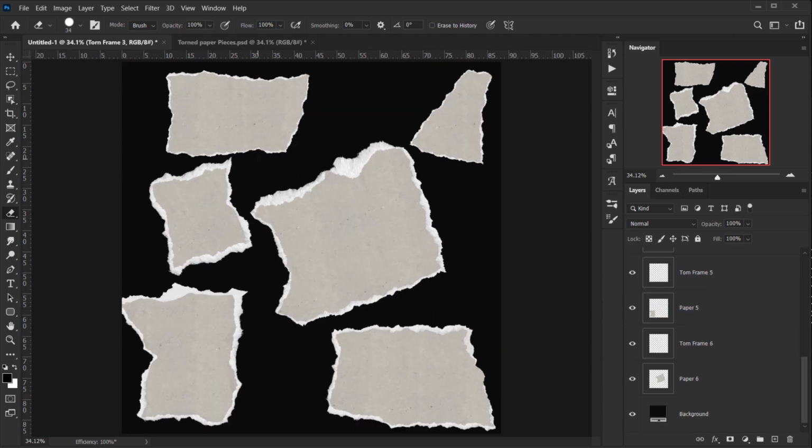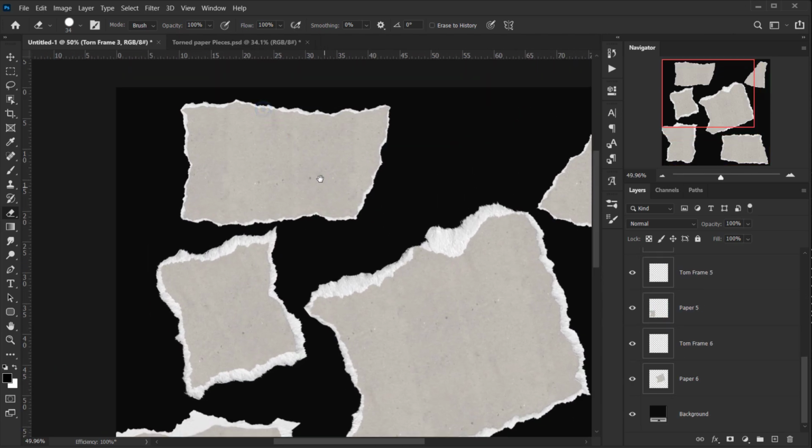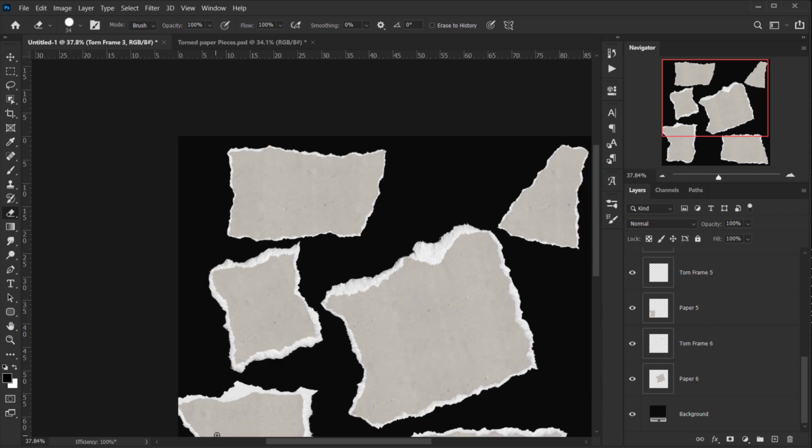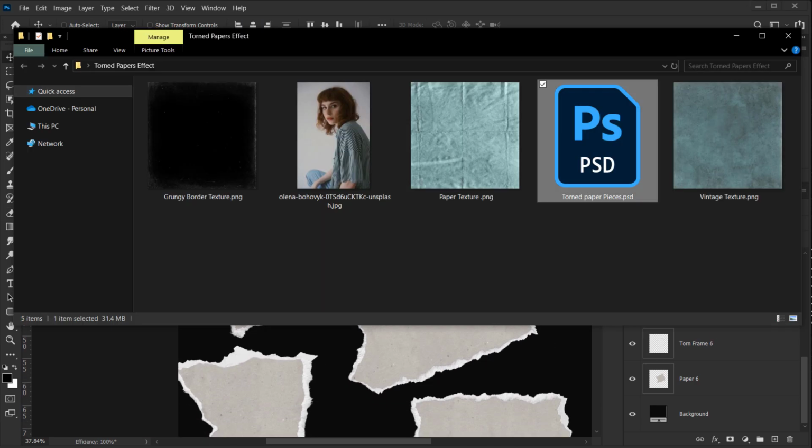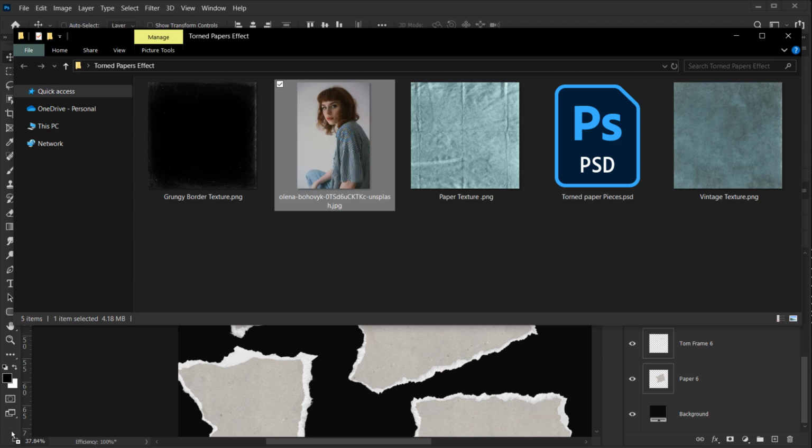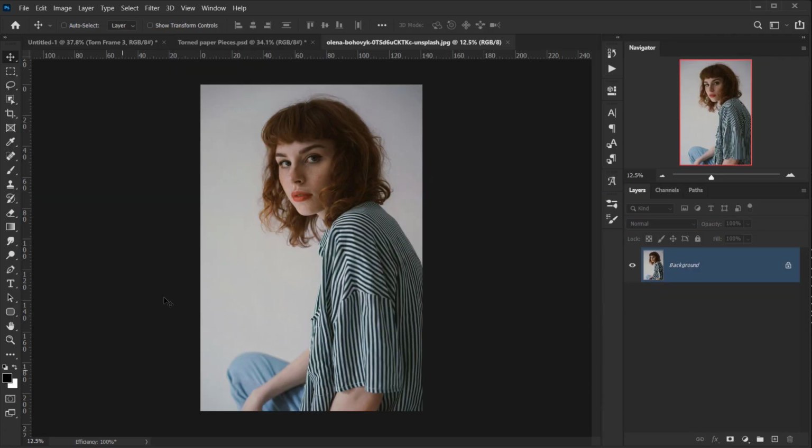So I want to apply a layer mask using a selected area of the frame and then apply it for our pictures. So let's open the picture that we'll be using. It will be this one for me. I will open it in a new tab, and then I will use the rectangular marquee tool, and make a square selection just like this one with the face only.